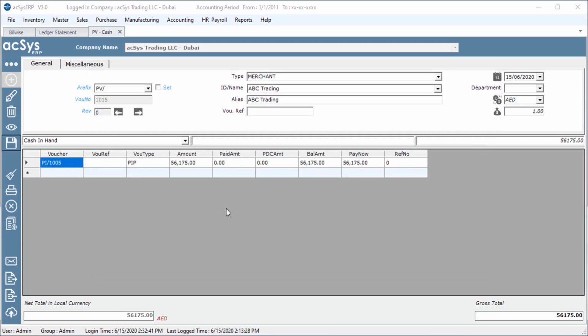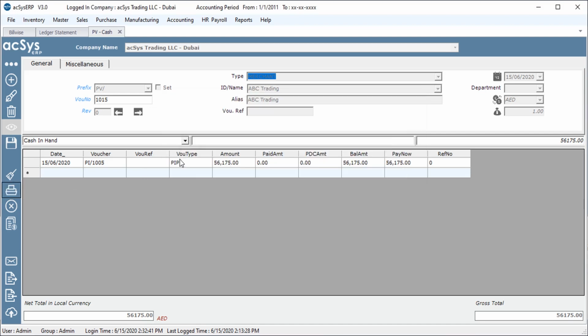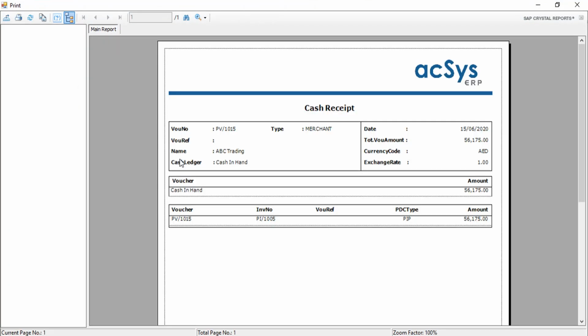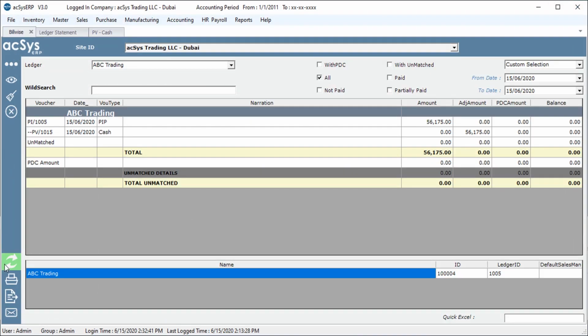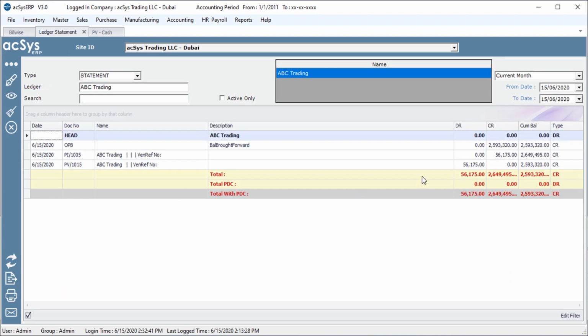Save the document and print the receipt. Now, you can see the payment reflected in the bill-wise purchase and ledger statement. You have seen the purchase process 1 in